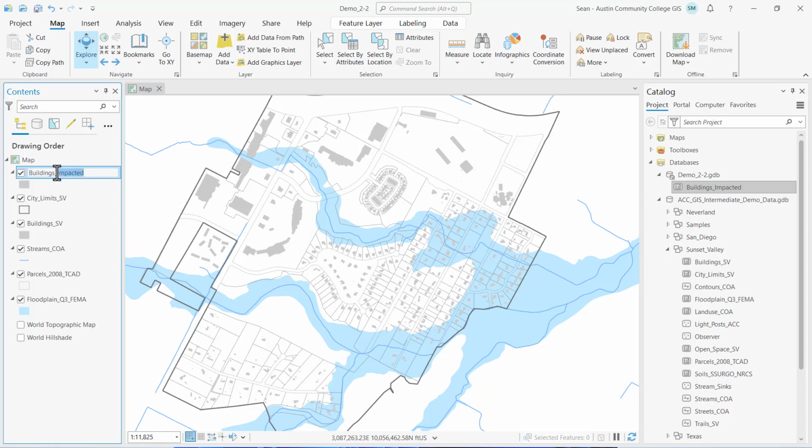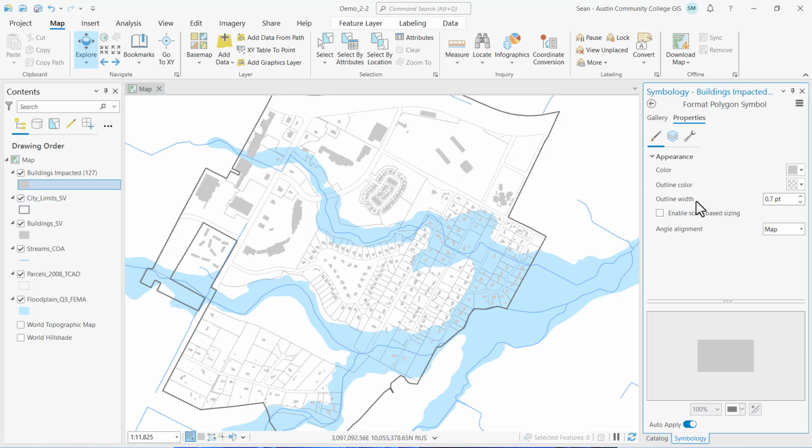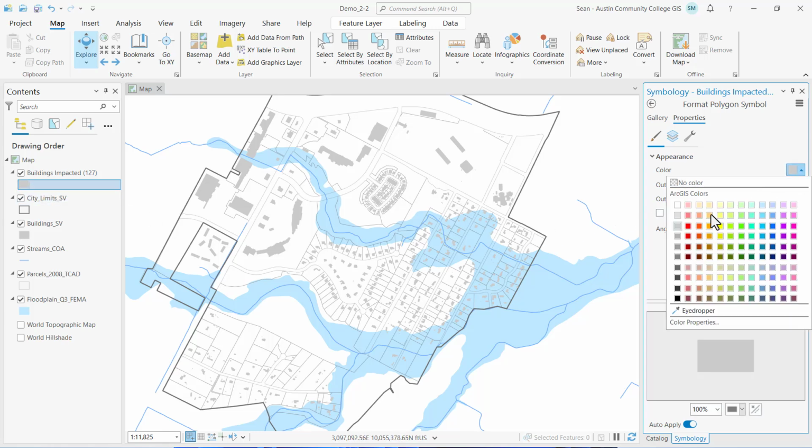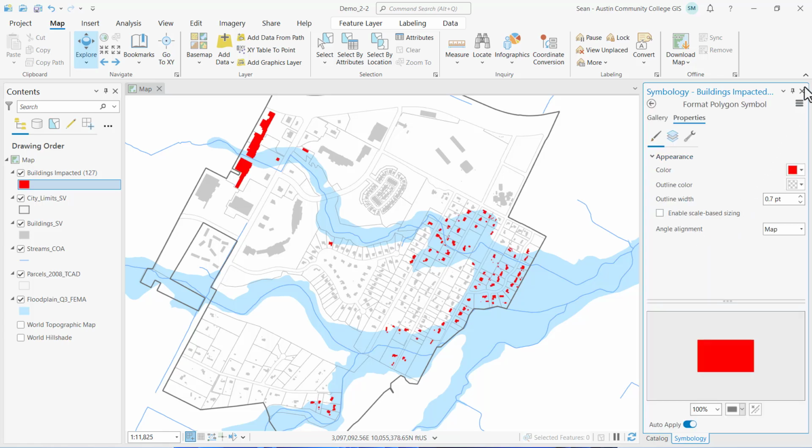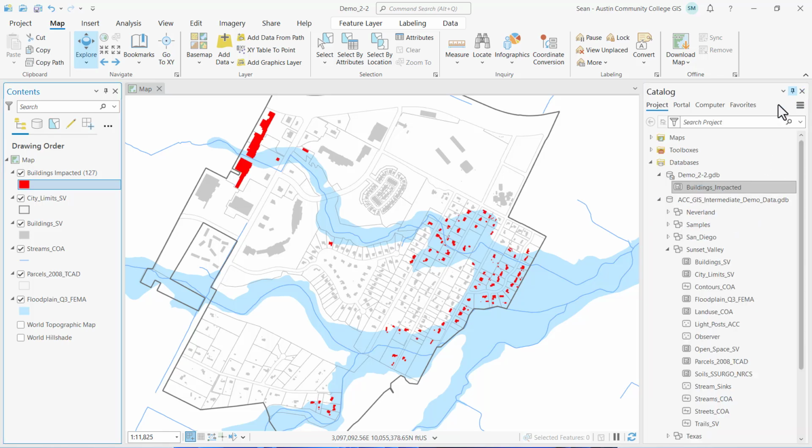Now I'm going to rename the buildings_impacted as buildings space impacted, space, open parentheses, 127, close parentheses. So the number of buildings impacted. And update the symbology by clicking on the symbology patch and switching the color to red. All right, I'm going to reset my map view, save my ArcGIS Pro project,